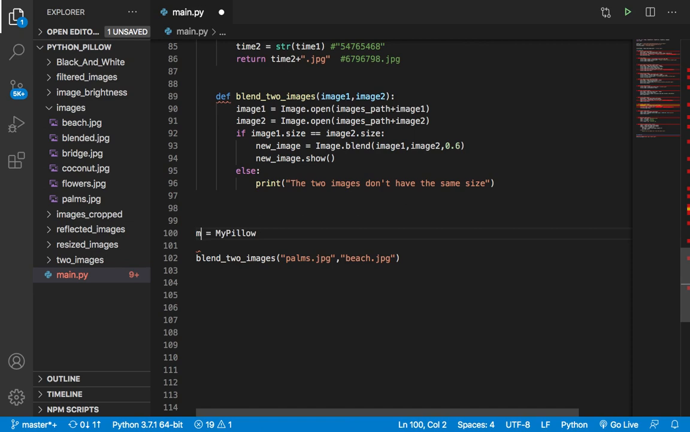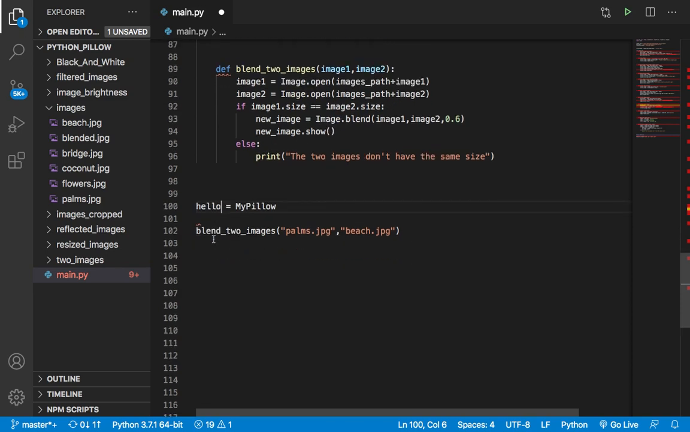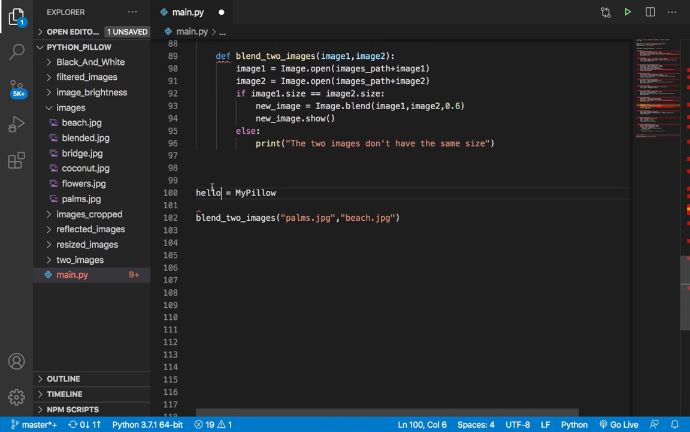And of course, you can name it whatever you want. You can name it hello. Of course, it doesn't make sense, but I'm just trying to show you that you can give the name of that object anything you want. It doesn't matter, but of course it's better to be something meaningful. So I'm going to say here myPillow, and then once you have created that object, you can call any of